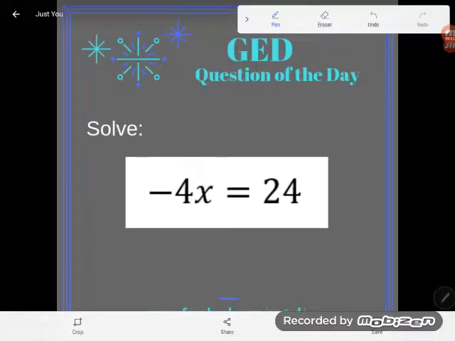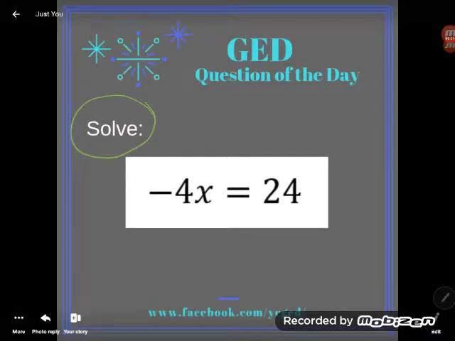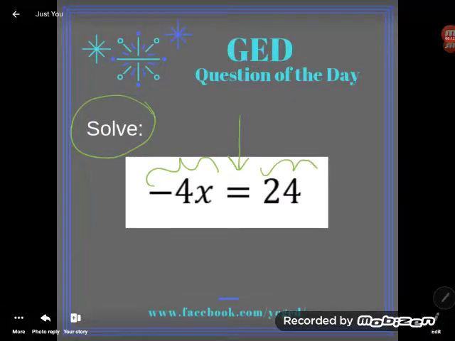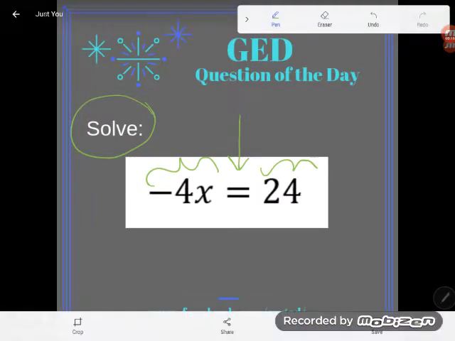Hey GED students, it's GED question of the day, and we've been asked to solve, which shouldn't surprise you because notice what we have. See the two expressions separated by an equal sign? We've got an equation. Equations we can solve, meaning we can get the letter by itself. Now, if you've got any experience solving equations, you realize that this is just a one-step equation, and you might